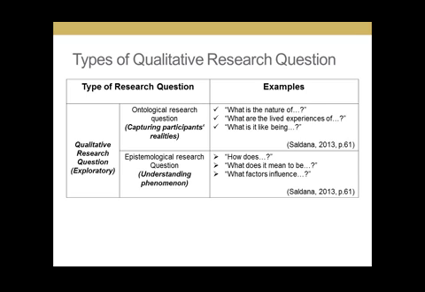Okay, so there are two types of qualitative research question. The first is the ontological research question. The ontological research question focuses on capturing participants' reality, right? You are capturing the experience of the participant. Maybe the participant has passed through something, maybe depression, and you as a researcher want the person to talk about the experience concerning depression. And also we have